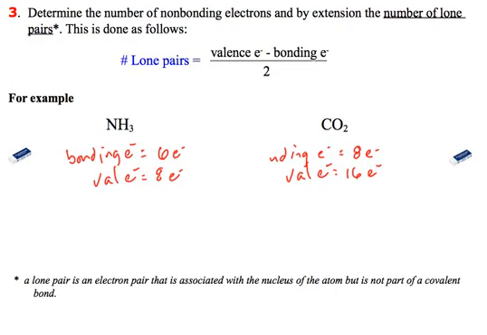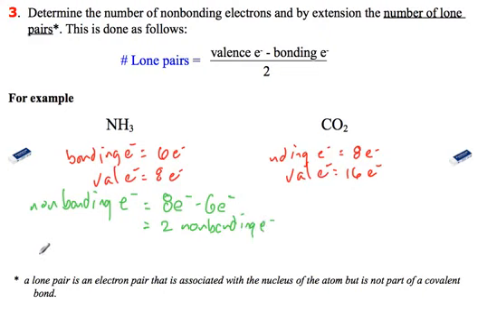So this is typically done in one step, but we'll just go through the first one. So non-bonding electrons equals valence electrons minus bonding electrons, so that's going to be 8 minus 6, or 2 non-bonding electrons. And so number of lone pairs, LP means lone pairs, is simply 2 divided by 2, or 1